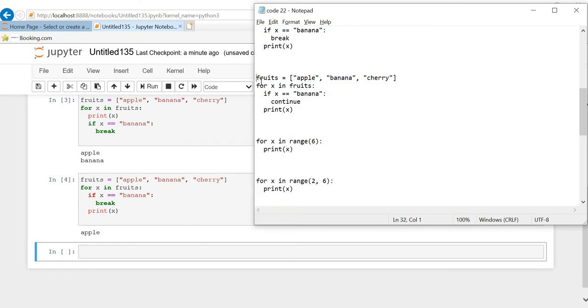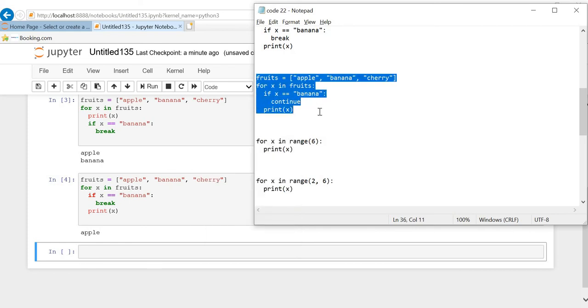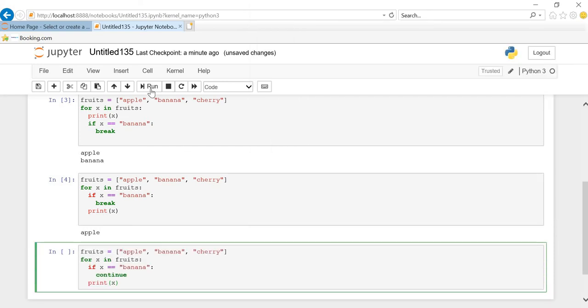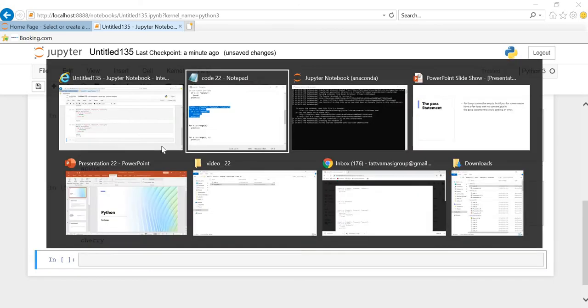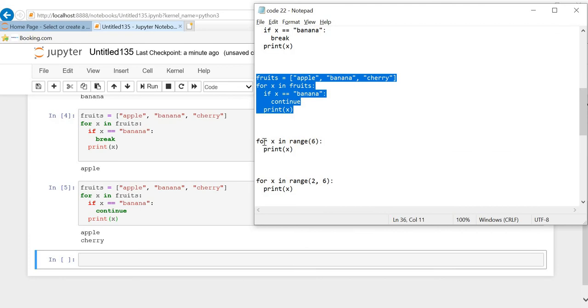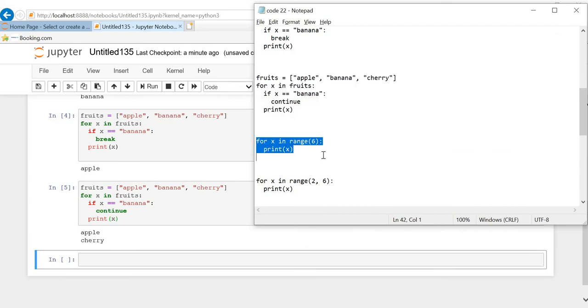So this is the continue statement. Continue statement, let's begin. For the continue statement, it has printed apple, cherry without using banana. Now this is the range.